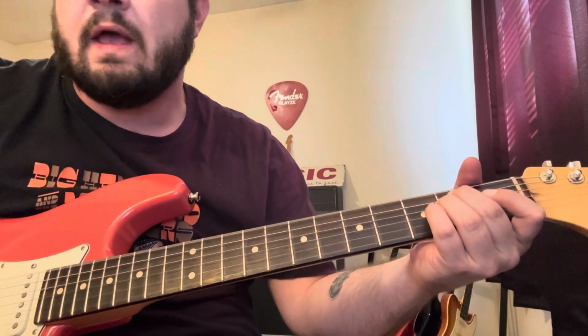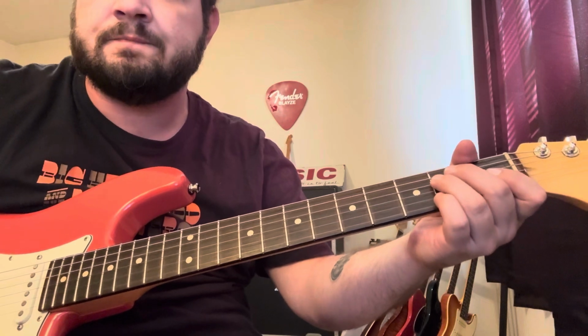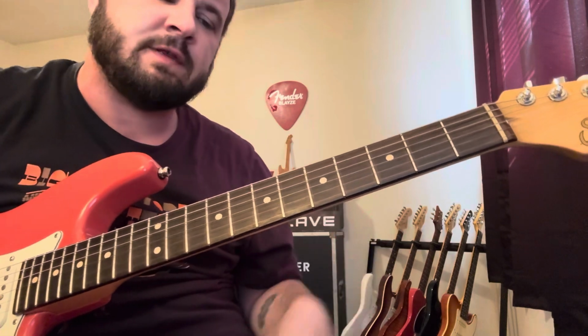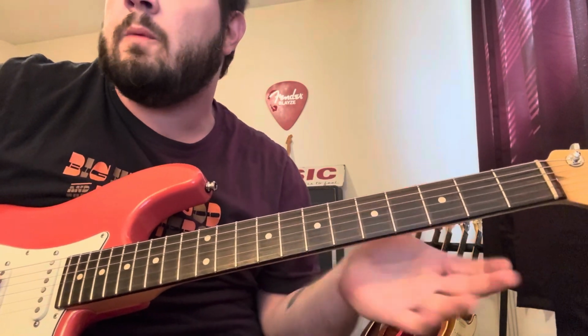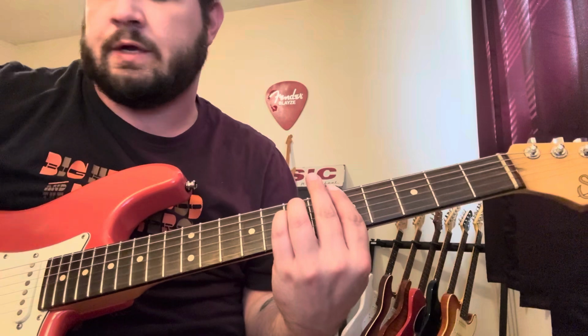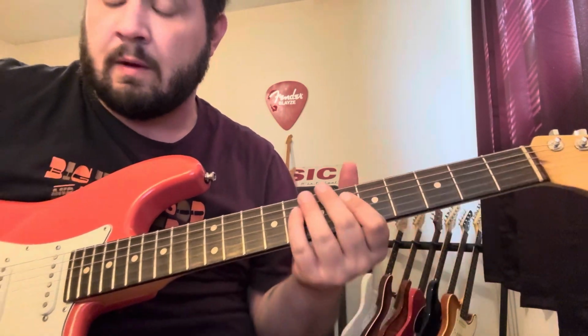So after the second chorus, we have a little solo over the E minor groove to lead us into the bridge. Since we're playing a lot of solos, we're only going to get some of this stuff. The bridge chords, we're going to have this A minor, and we're probably still holding a note from the solo we just played over that E minor. But that is an A minor on the bridge, and then it's a B7, but I often just play a B. Back to E minor, where we play another solo,